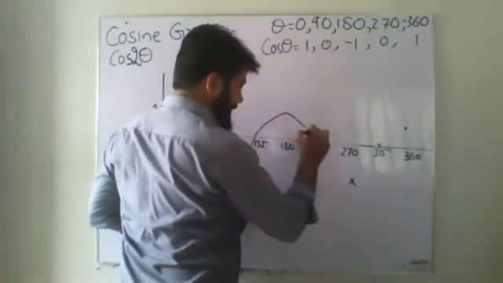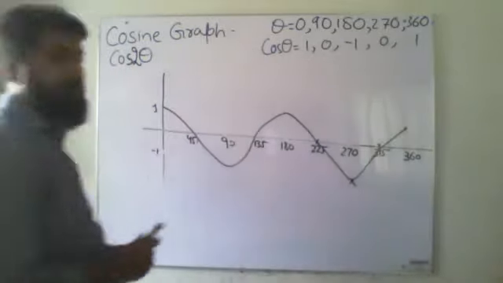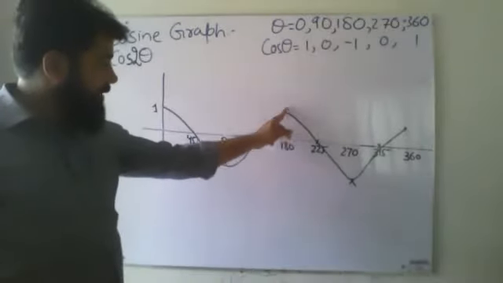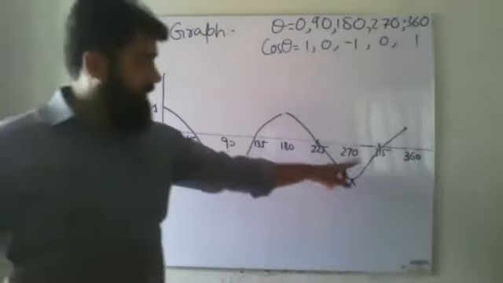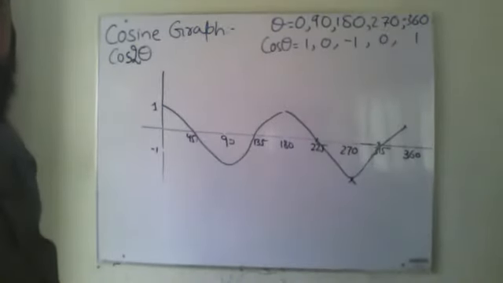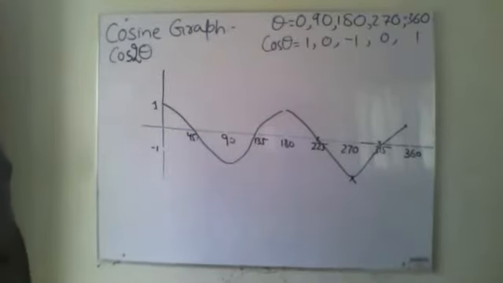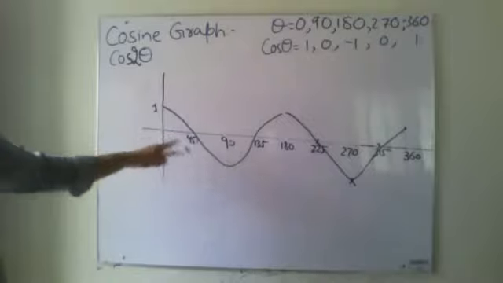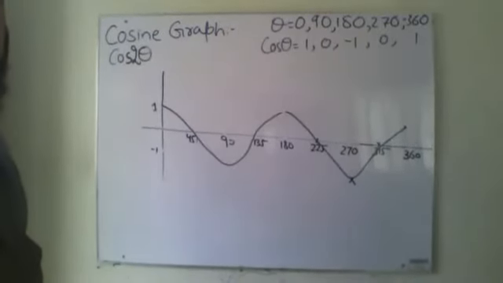So when I will be writing it, it will go something like this. And your values are till this point. You can see this graph and this graph, they are the same. So this is called 2 cycles. Originally from 0 to 360 we will have 1 cycle, but if it is written 2, then from 0 till 360 I have got 2 cycles over here.